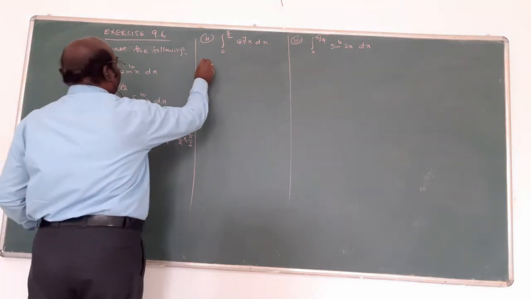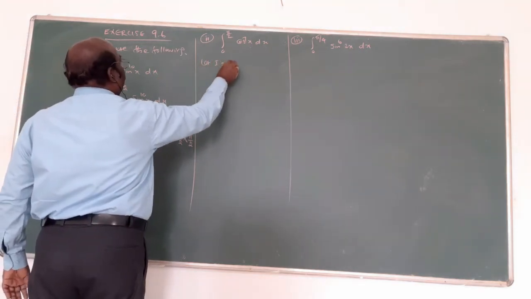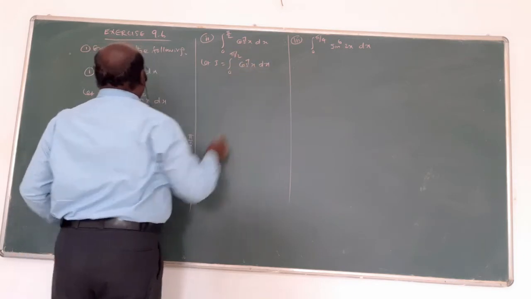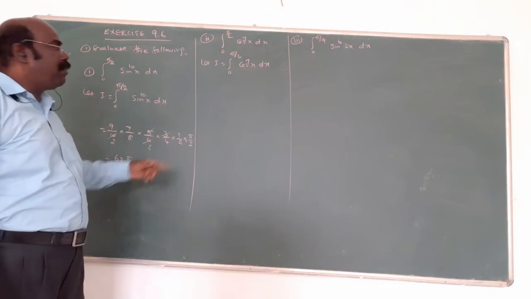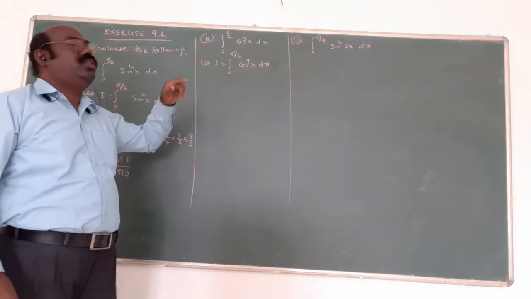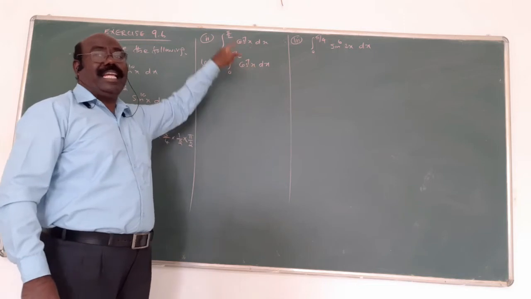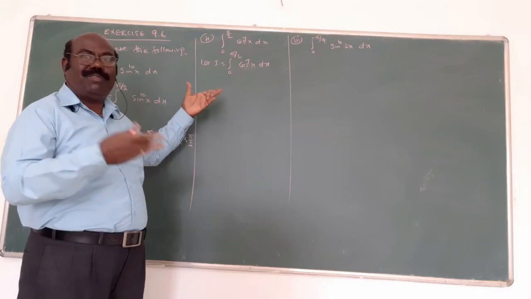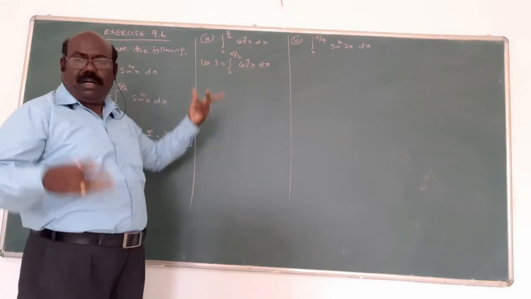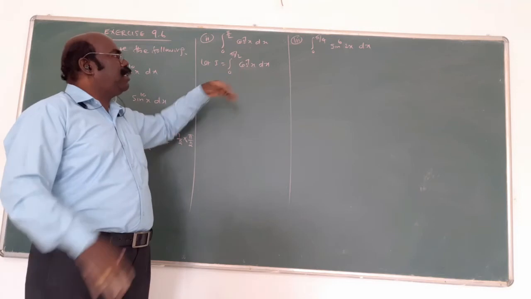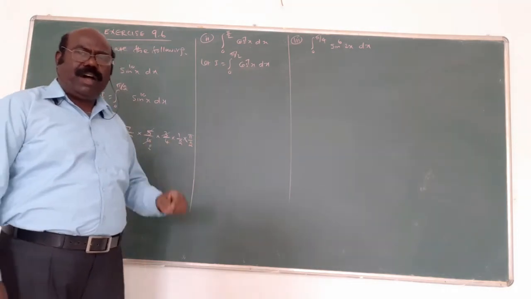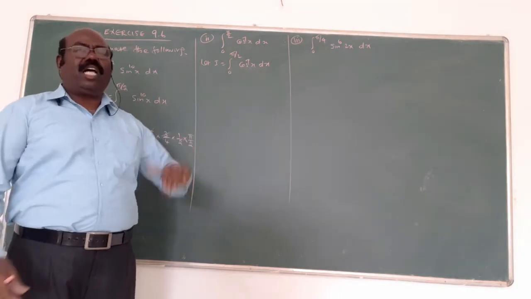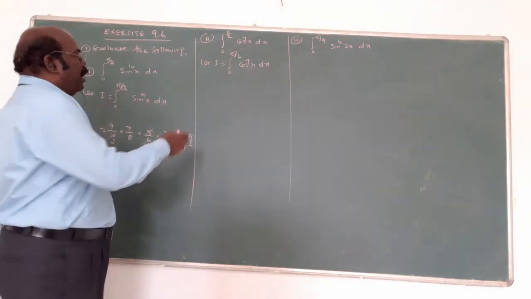Now the same thing, let I equal the integral from 0 to pi by 2 of cos power 7x. This form is the only one where the formula is applicable. The limits are 0 to pi by 2, with cos x or sin x. Cos of 2x or 3x will not work by this formula. Important: with 0 to pi by 4, not by this formula. 0 to pi by 6, not by using the formula. Only if it is of the form 0 to pi by 2, sin power something x, cos power something x, then only by this formula.